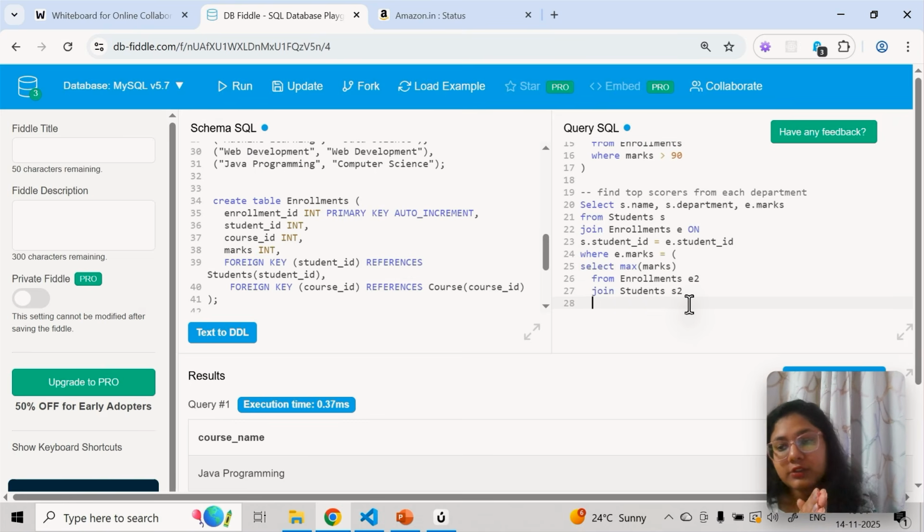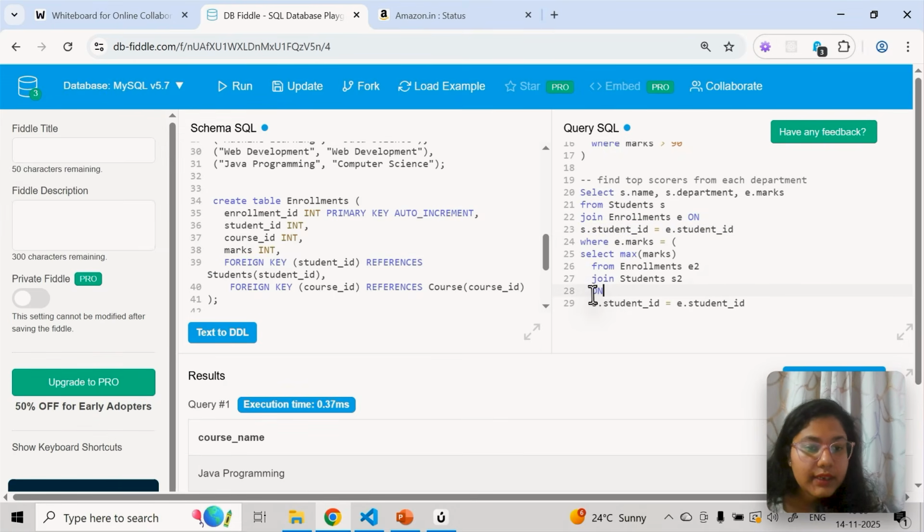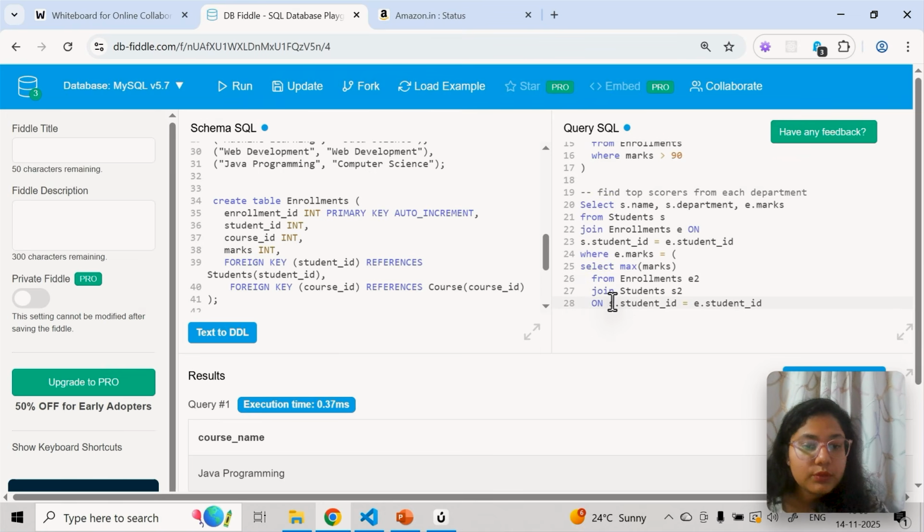Why are we creating another alias for this subquery? Because I want to get the students with the maximum score from both tables, on the common part. So I'll copy this and put it here: on S2 is equal to this and E2.